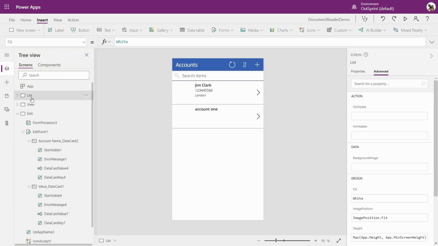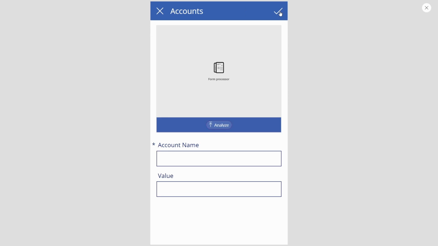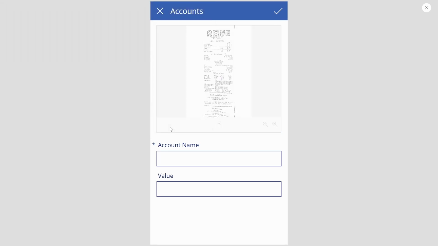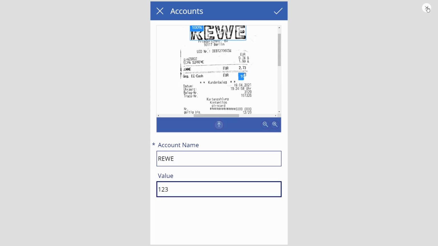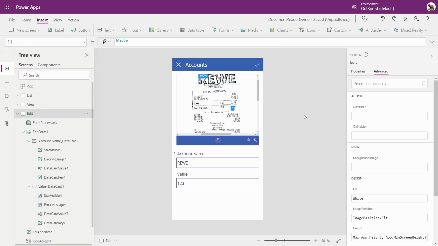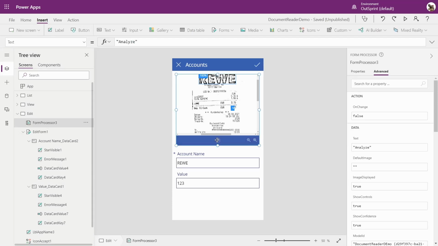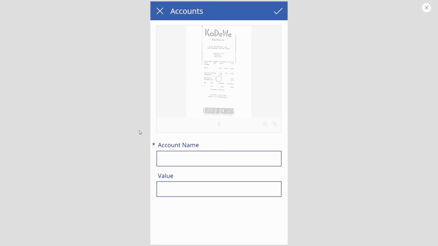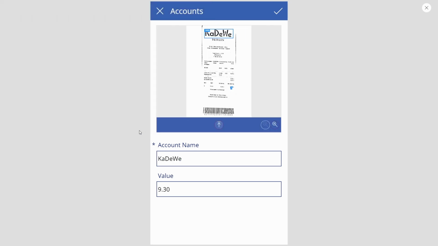We start our application and go to our detail page. In here we select the Analyze button, submit the document, and let the AI work its magic. Alright, let's repeat the procedure, but for a new receipt that has not been used in the training of the AI. Let's just do a quick playthrough to see if everything is in order. And voila, the information is now in our form and ready to be saved into the database in our case.